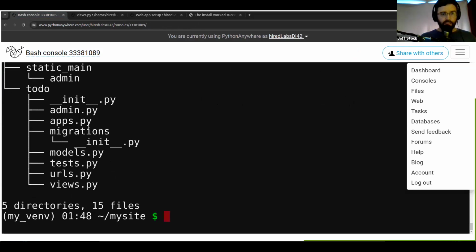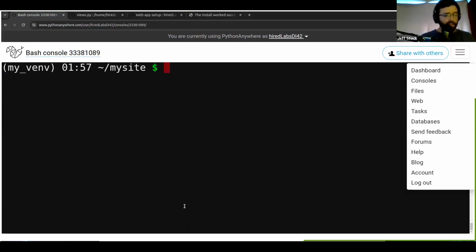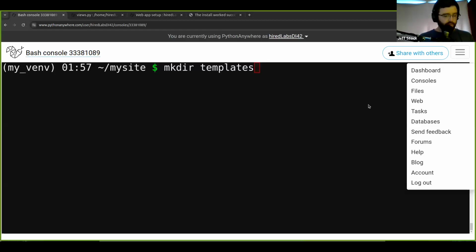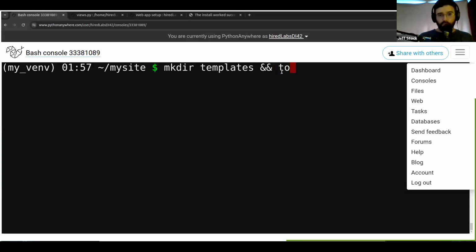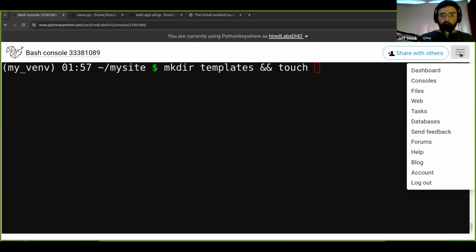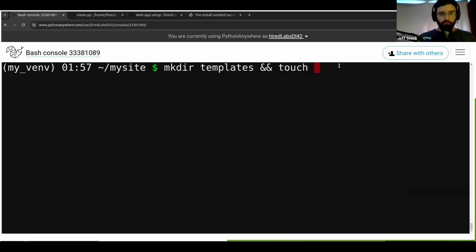And we're going to add it on to our top level project folder. So let's clear this screen up, and then we're going to make the directory. So mkdir templates. And then I'm going to include it all in one shot because it's faster that way. I'm going to do double ampersands to say also do this, do the first thing, then do this second thing. And I'm going to say touch, and then give it the full directory, the templates. I can't tab complete this because it doesn't exist yet. So templates, and then I'm going to say